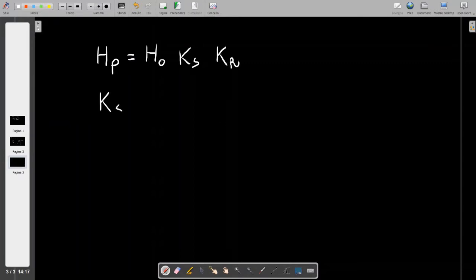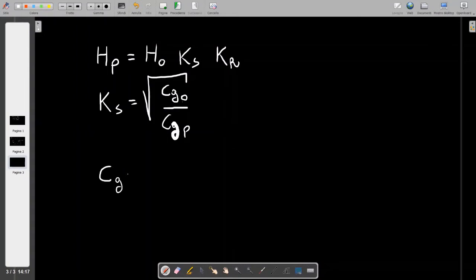The shoaling coefficient is equal to the square root of the group celerity at the point located offshore over the group celerity at the point located close to the shore. Now the group celerity in general, both offshore and inshore, is equal to the wave celerity over 2 times 1 plus